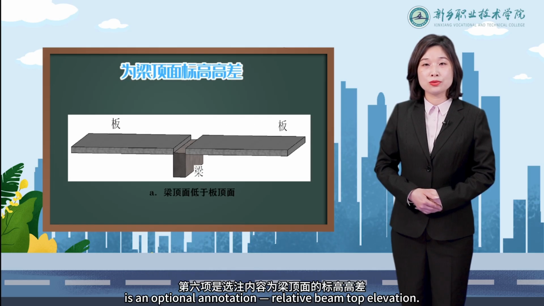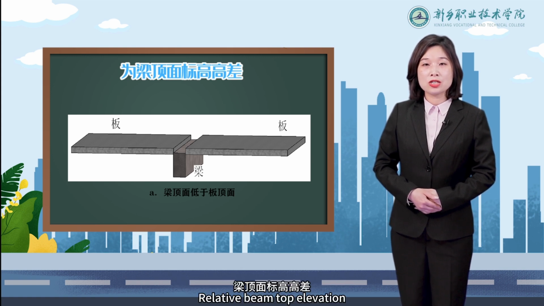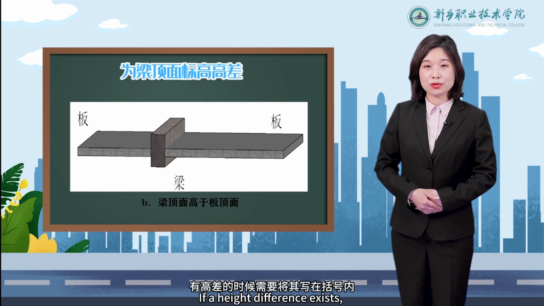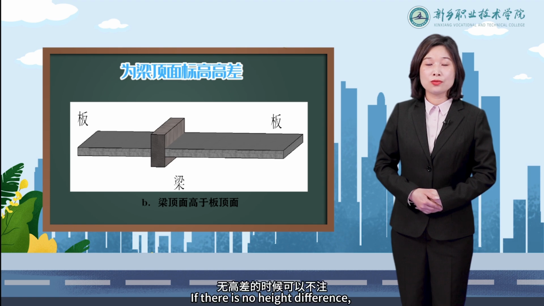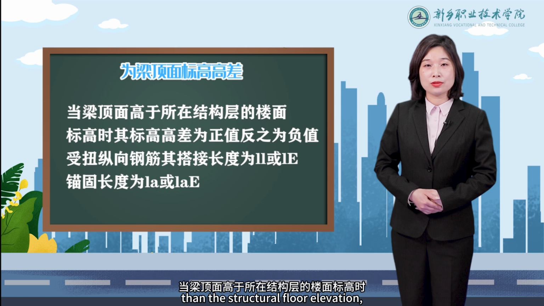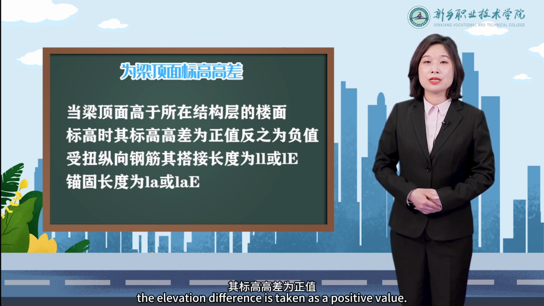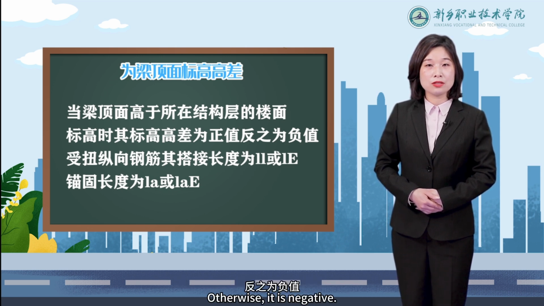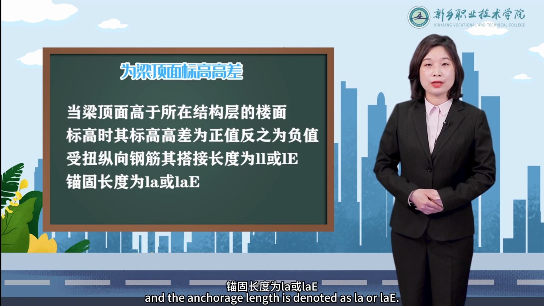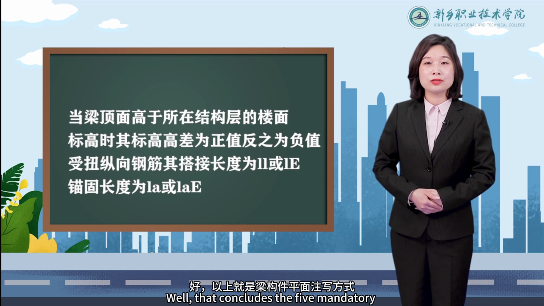The sixth item is an optional annotation, relative beam top elevation. Relative beam top elevation refers to the height difference relative to the structural floor elevation. If a height difference exists, it should be written in parentheses. If there is no height difference, it may be omitted. When the beam top surface is higher than the structural floor elevation, the elevation difference is taken as a positive value. Otherwise, it is negative. For torsional longitudinal rebar, the lap length is denoted as LL or LE, and the anchorage length is denoted as LA or LAE. Well, that concludes the 5 mandatory and 1 optional